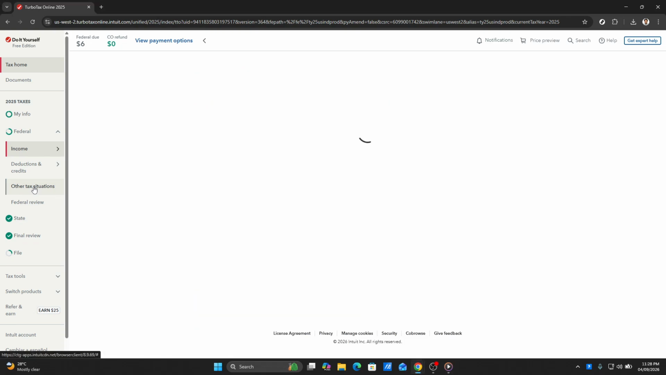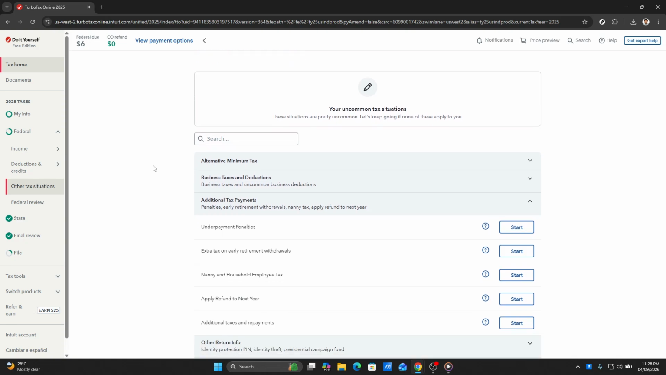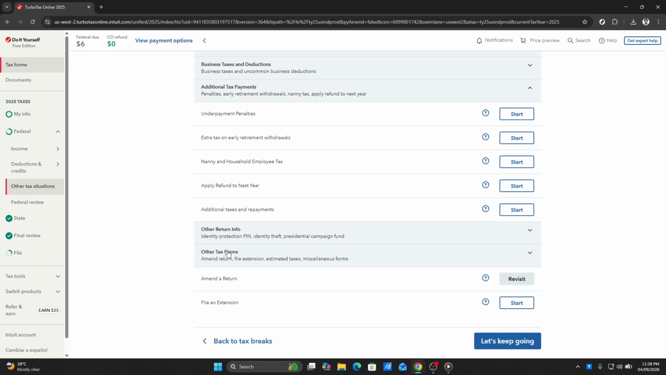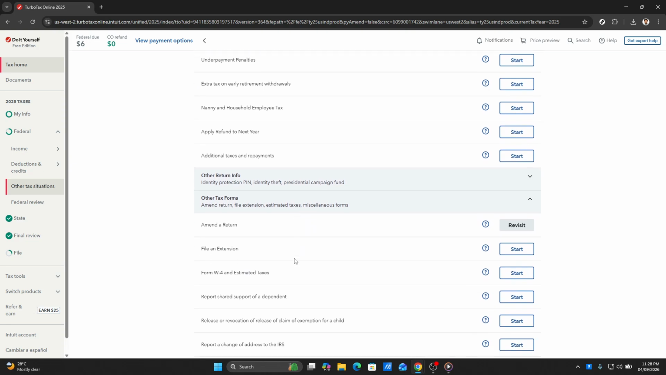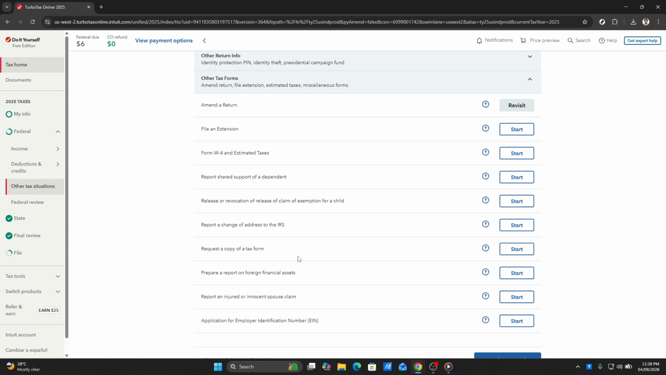After clicking on Other Tax Situations, the next step is to proceed to Other Tax Forms. This is the section where you can manage additional forms and resolve issues related to your current tax return. If you've already started your tax return and encountered this rejection, you'll find an option labeled Fix My Return. This feature is designed to help you address common e-file rejects, including the issue of a dependent being claimed on